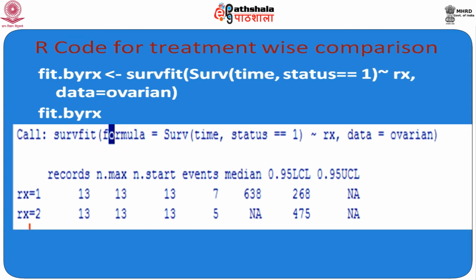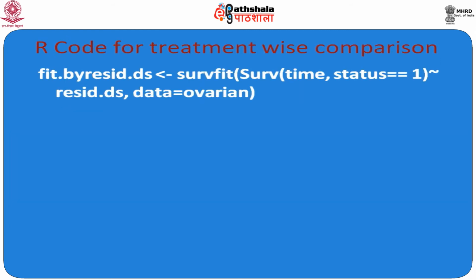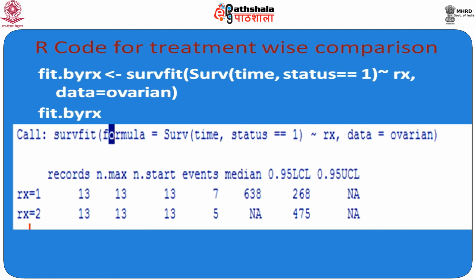Here again it should be noted that when the measurement is time to event, the log rank test is suitable. This test is also called the Mantel-Cox test, named after Nathan Mantel and David Cox. The log rank test can also be viewed as a time stratified Cochran-Mantel-Haenszel test. Earlier we had considered status as 1 and follows Rx.